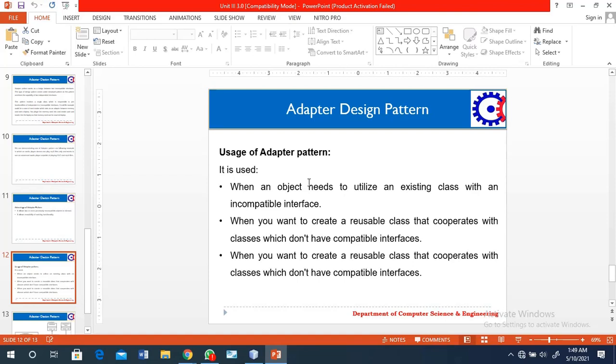It means you have already designed one piece of code and that code is required in a different type of application, so you can use the already existing code without writing it again. Also, when you want to create a reusable class that cooperates with classes which don't have compatible interfaces.